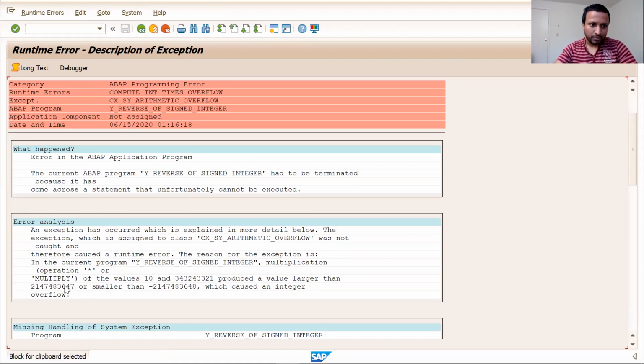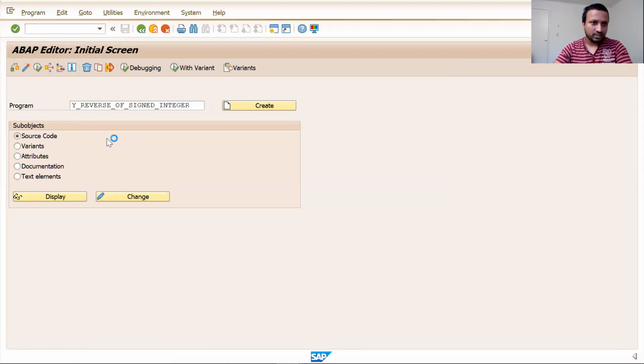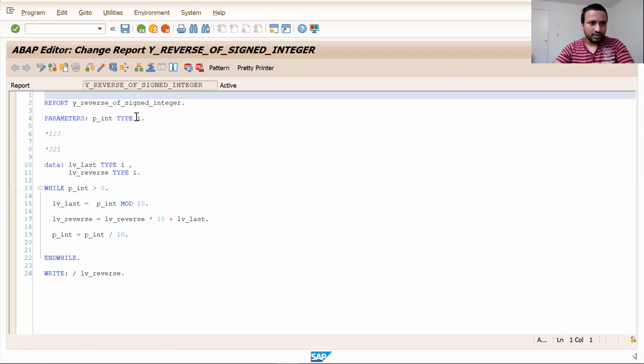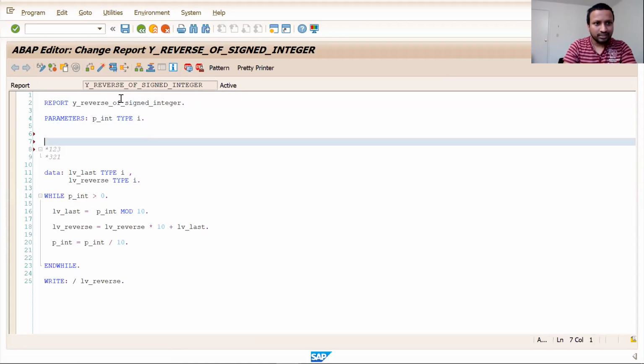This is the upper bound, this is the lower bound of an integer, any integer. Any integer cannot hold values greater than that or less than that. So what we shall do is just take these limits.